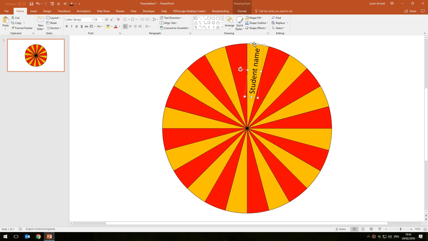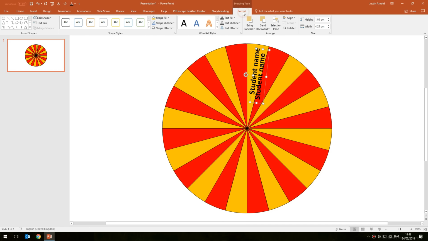So I'm going to select the student name. Do make sure, by the way, you have formatted this exactly as you want. So make the font right, make it bold, make the color however you want it to be, but do make sure that's formatted correctly first of all. And then once you've done that, select the text box, press Ctrl D to duplicate it, and then don't click it. So once you've done that, what we'll need to do is go to the Format menu for that text